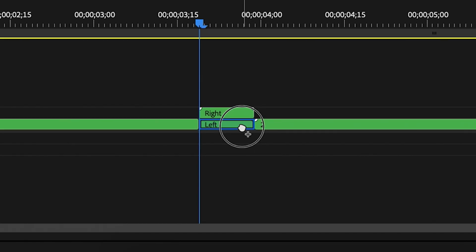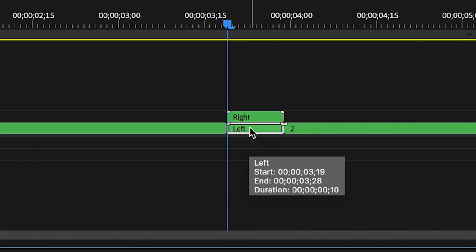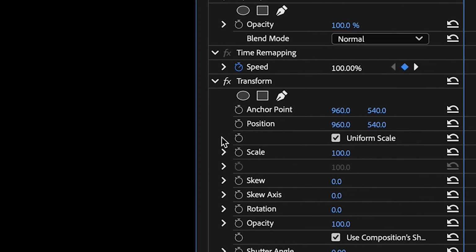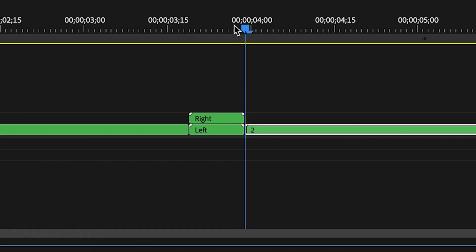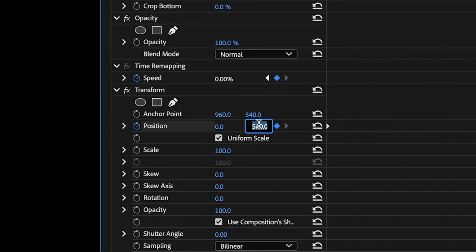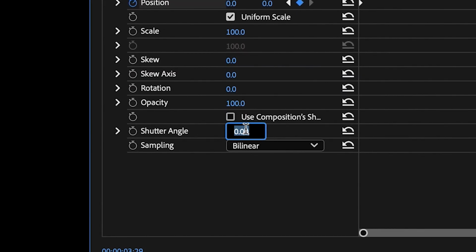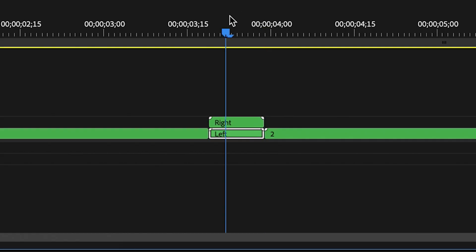add it to both tracks in the middle separately, move your playhead to the beginning, select the left layer, under transform, create a keyframe for position, create a second keyframe at the end of the left layer, change both position values to 0, uncheck use composition's shutter angle, set the shutter angle value to 180, move your playhead to the